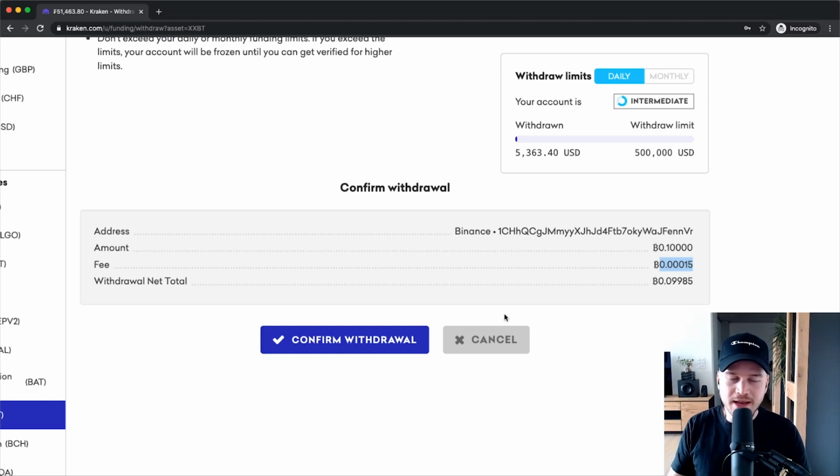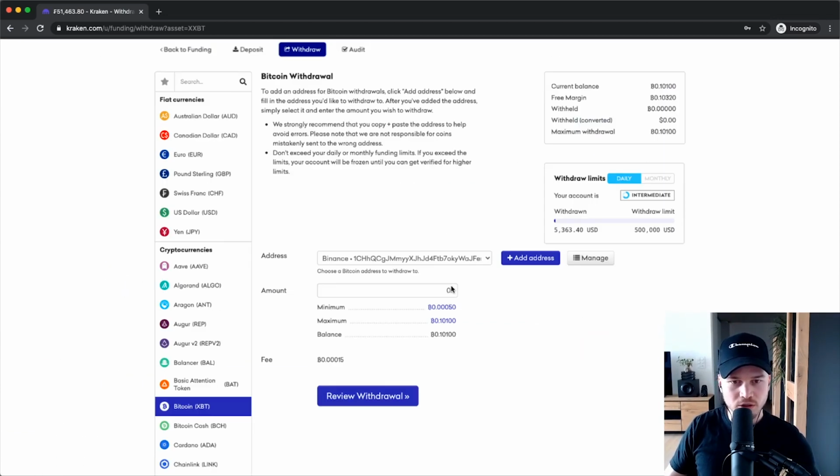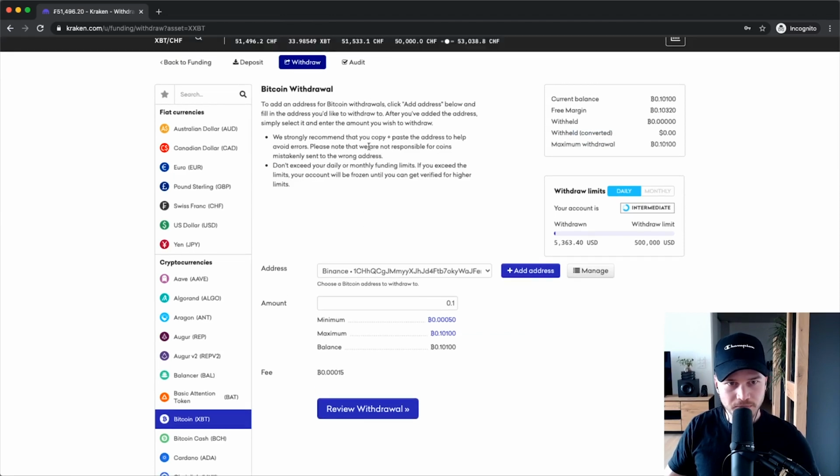And then when I click on confirm withdrawal, it takes a little bit until my transfer is through. Sometimes it takes longer, sometimes it takes not so long. Usually it takes like 10 minutes. But if there are a lot of transactions, then it might take longer. So once you have set up